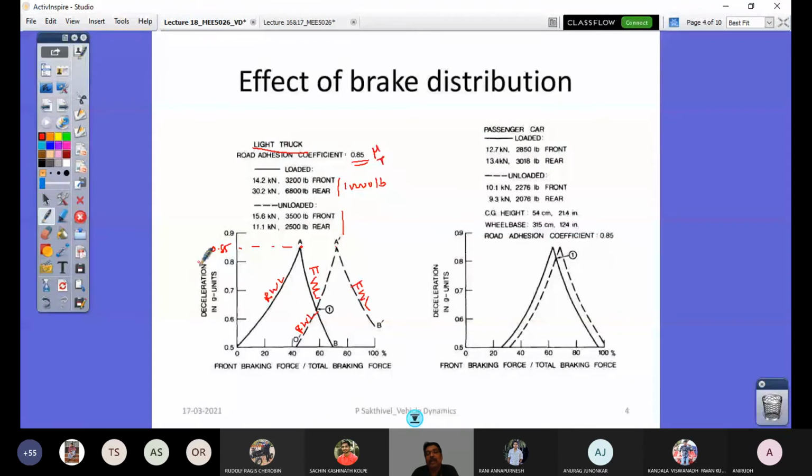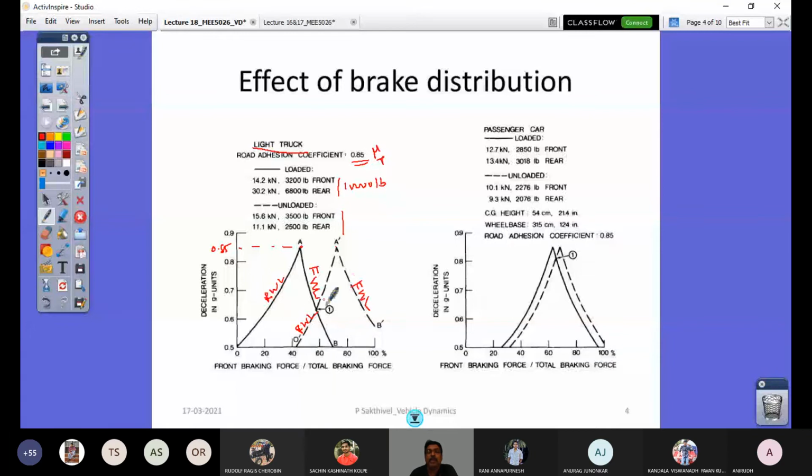I would have my vehicle here. So if I put 48%, it's front wheel lock in a fully loaded condition, but when the same vehicle is not fully loaded and I put this 48%, that's going to be rear wheel lock. So rear wheel lock leads to directional instability. Front wheel lock will lead to loss of directional control. The loss of directional control can be regained, it will be controllable, whereas the loss of directional stability cannot be controlled. So this is what you should understand.